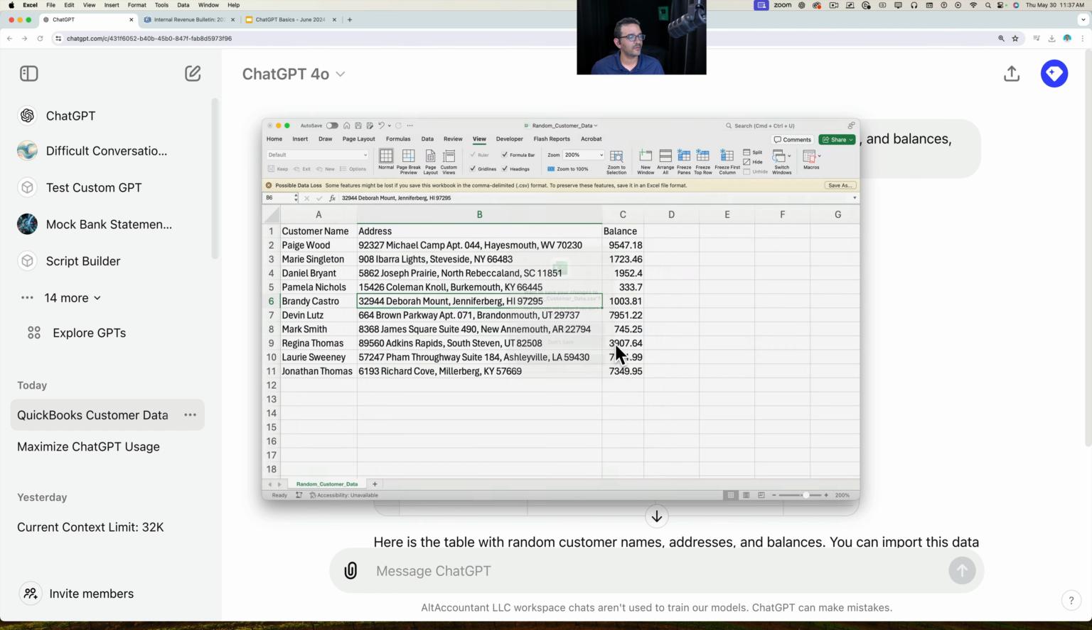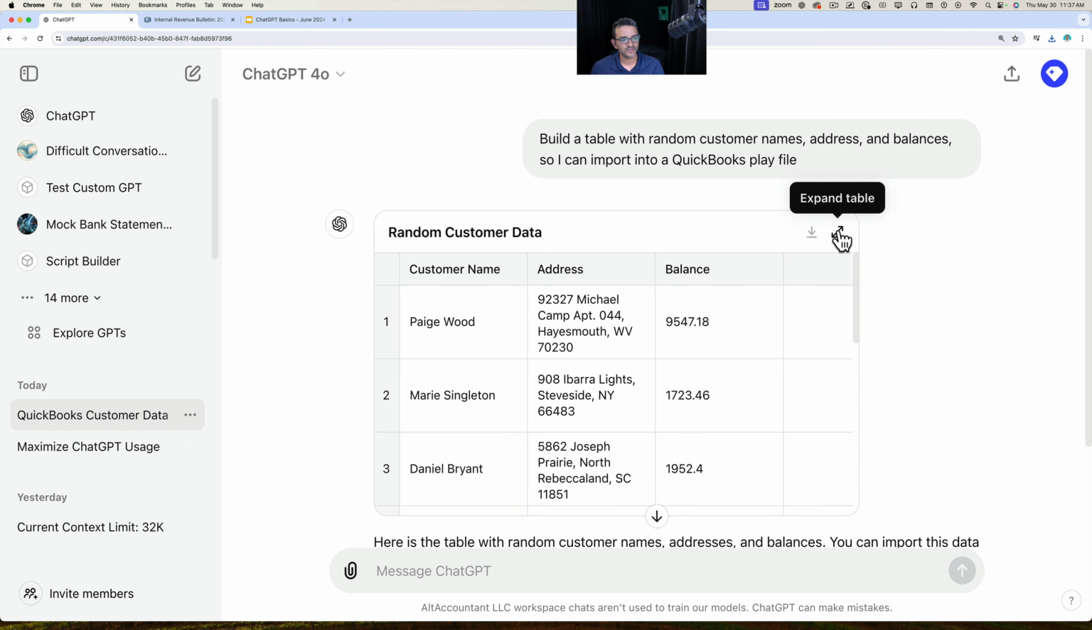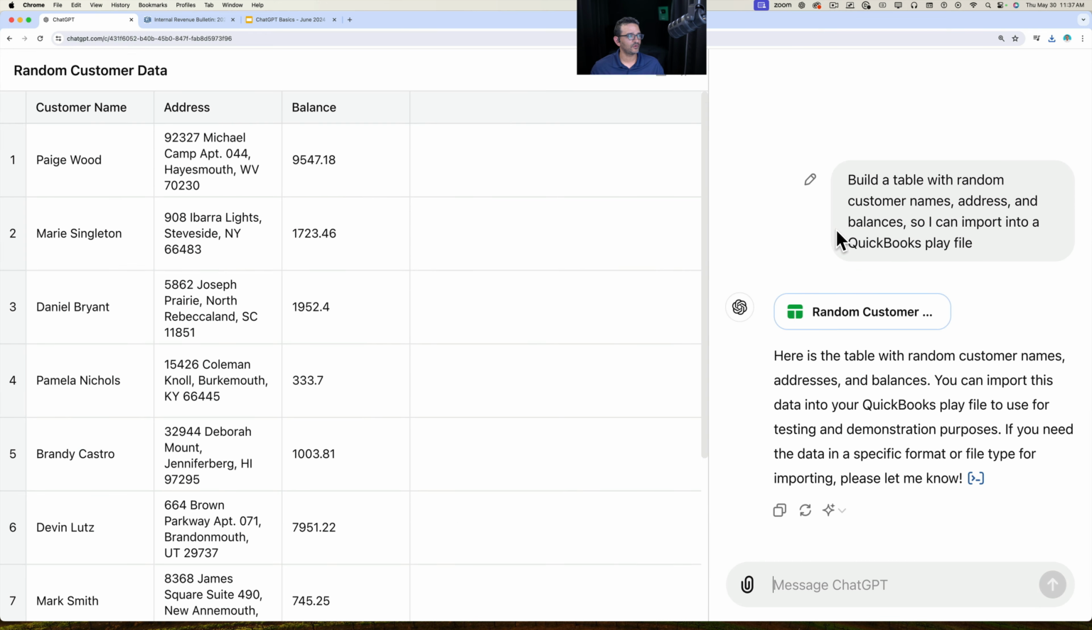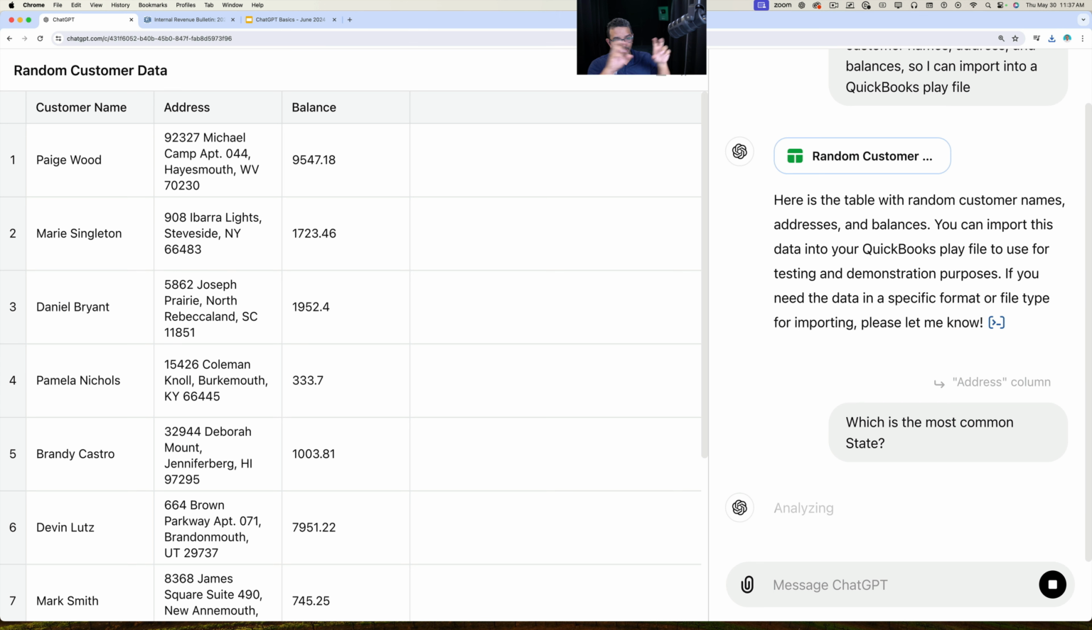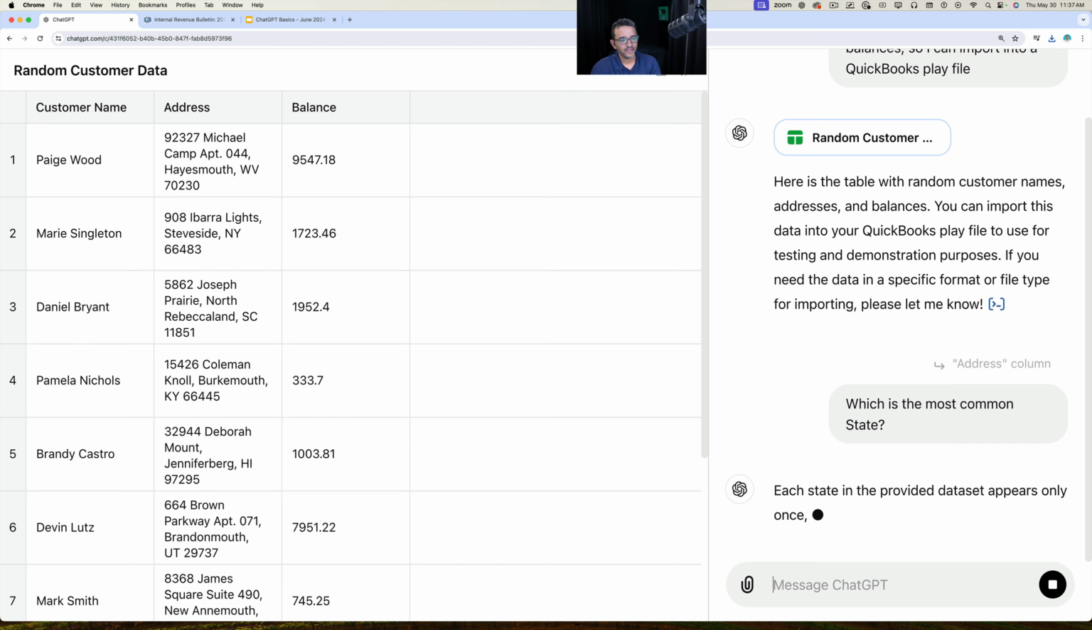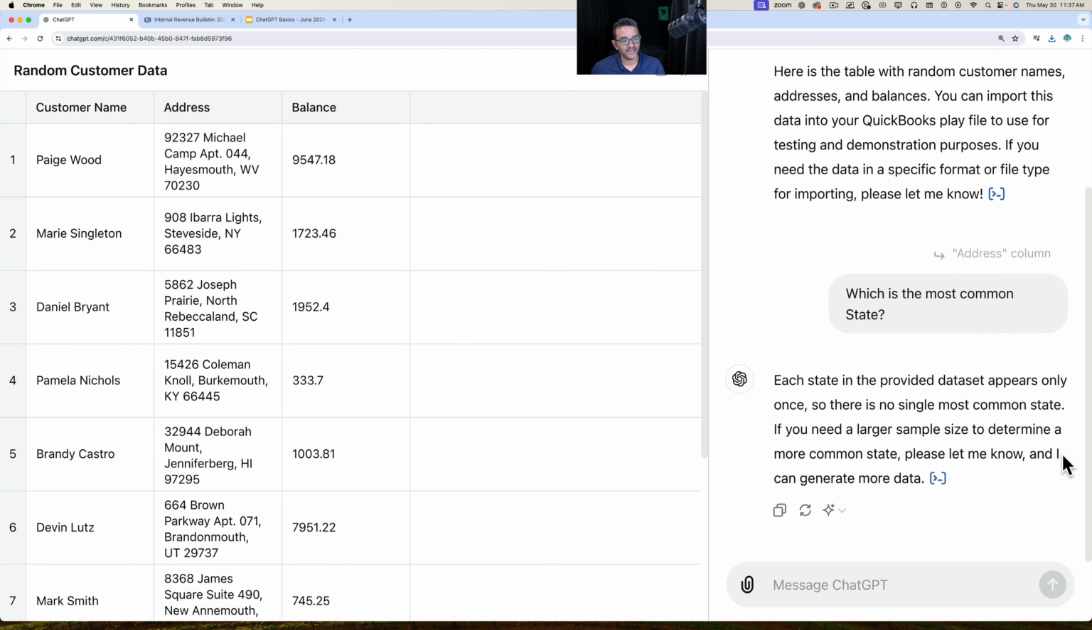And the other really cool piece of this is the analysis. If you click here, it says expand table, it goes into analysis mode, which has the table on the left-hand side and the chat on the right-hand side, and then you can chat with your data. So for example, if I click in here and put, which is the most common state. Okay, and it will go through the data, parse out the state from the data, and answer the question for you. Okay, so it says that each state appears only once. So then I can even say